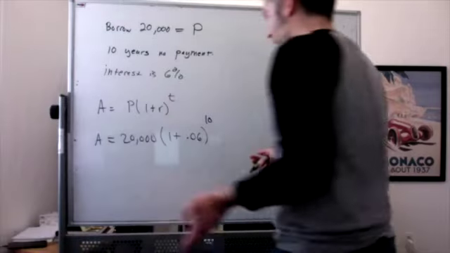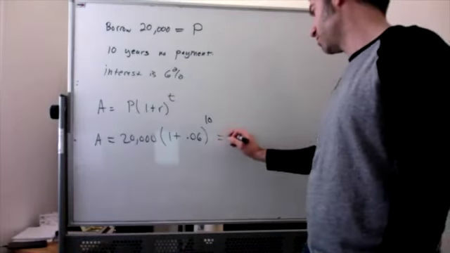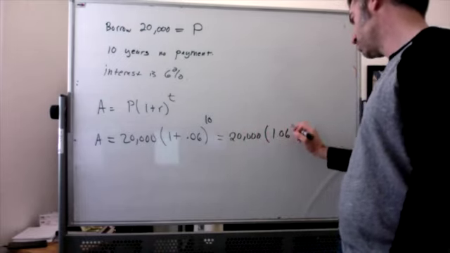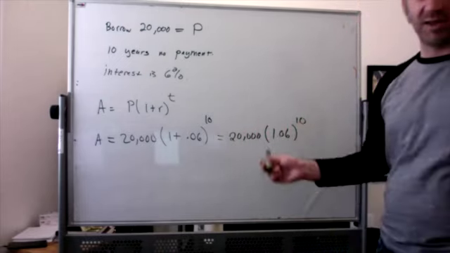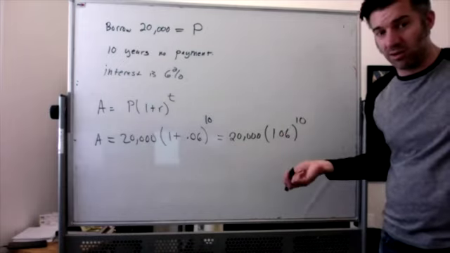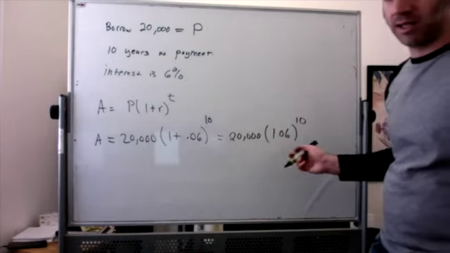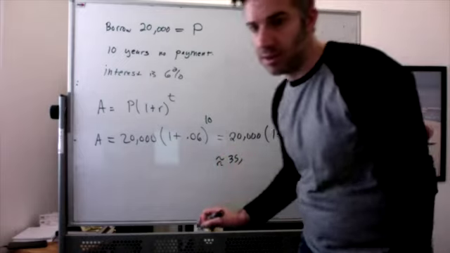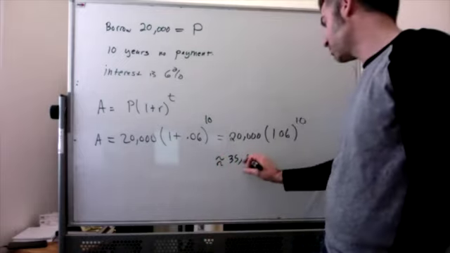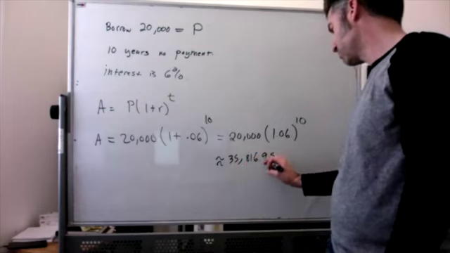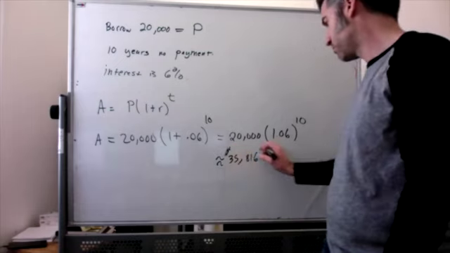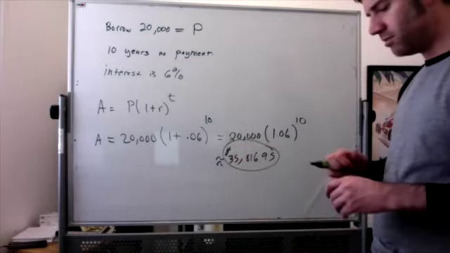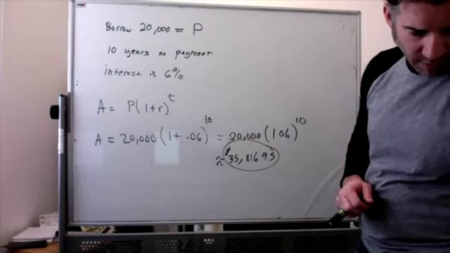The only thing I would say is that for these problems, you should definitely use a calculator. If you were not permitted a calculator, this would be a perfectly fine answer. That's all you can do. With a calculator, you end up getting that this is approximately $35,816.95. So right, the interest definitely adds up. All right, that's all I have to say for